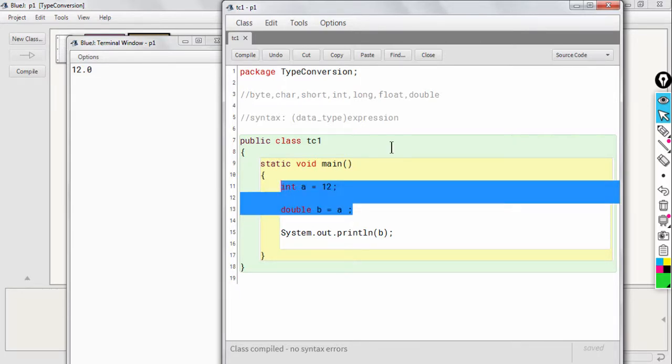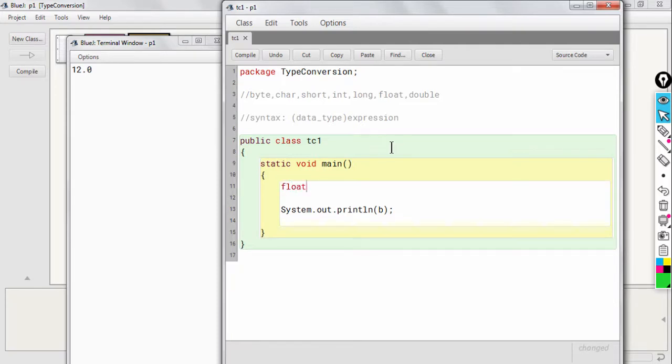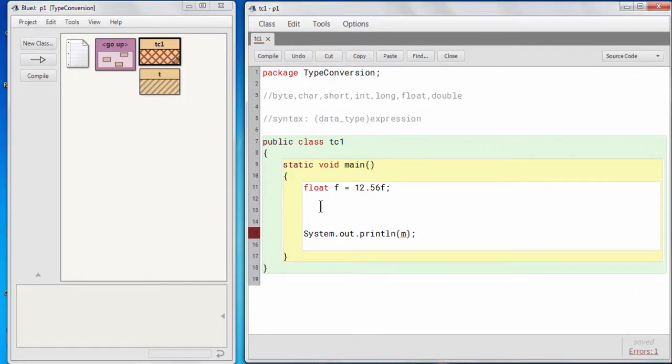So this time, let's say we create a float type of variable, okay, and we assign some number to it, let's say 12.56, and then we create another variable of int type, which is smaller than float.